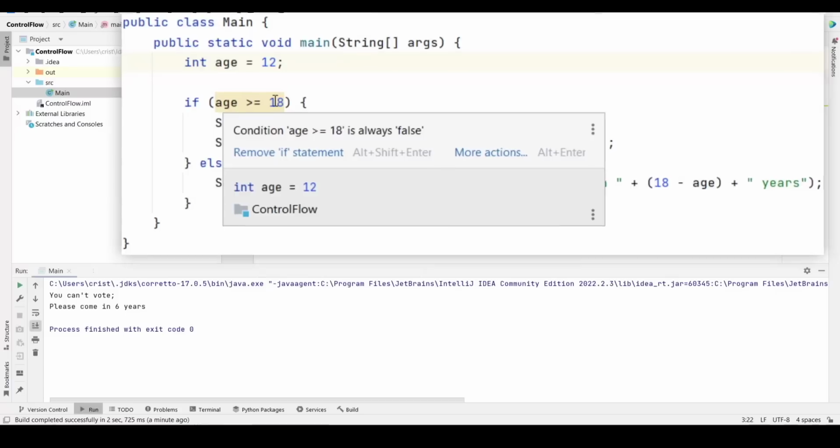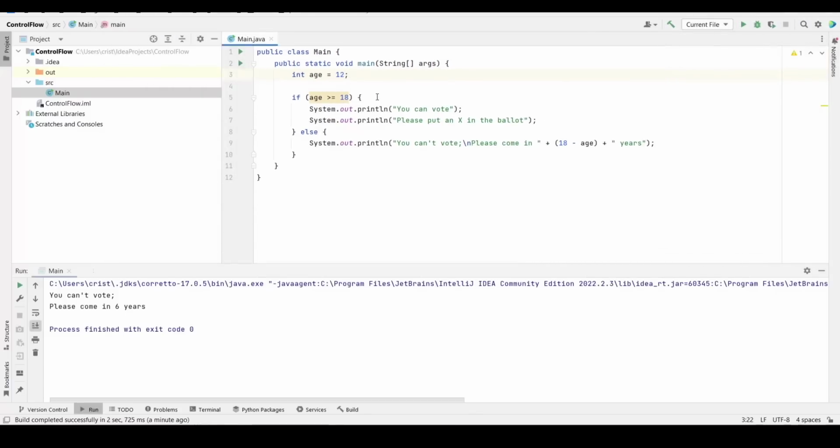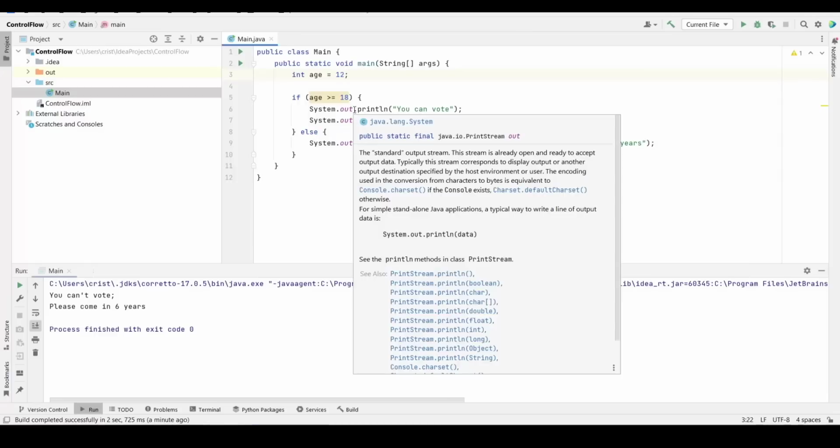So this is what an if statement is. You can break the flow of the program, and now we can make the computer make decisions based on conditions, based on if something is true or something is not true. And this is inherently very powerful. So I will end this video here, and in the next video we're going to see how we can chain more ifs in our program. So see you in the next video.